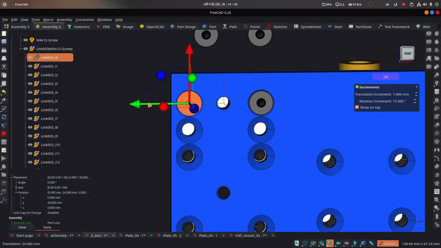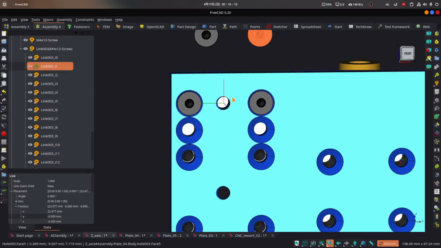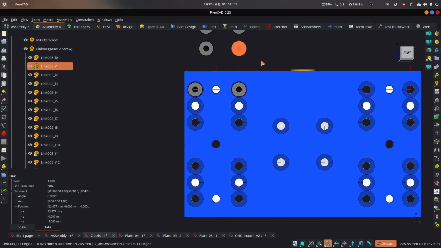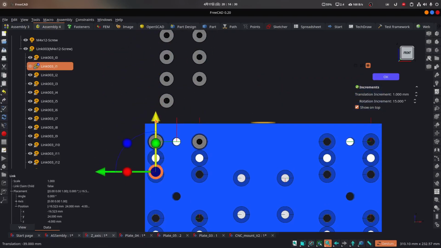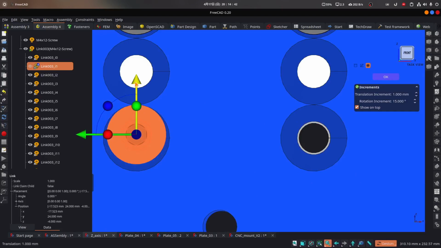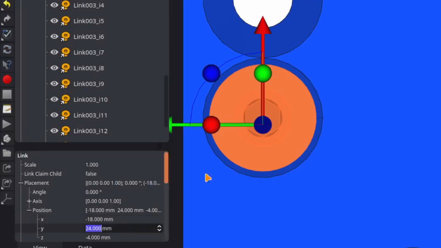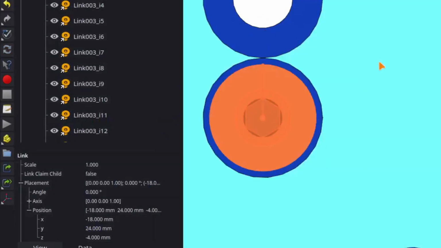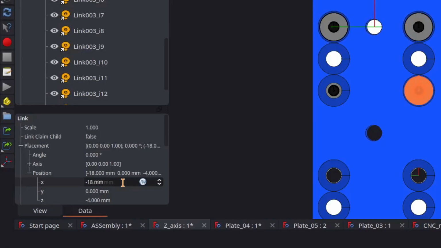You can click and drag the arrows in order to move the fasteners. Depending on the positions in which the fasteners were placed, it could be easy or not to put them in place. So alternatively, you can manually modify the X, Y and Z values. If you already know the dimensions of your part, this will be much easier.